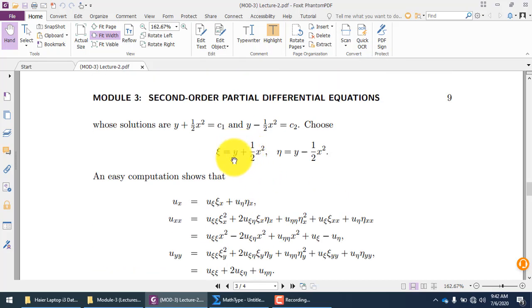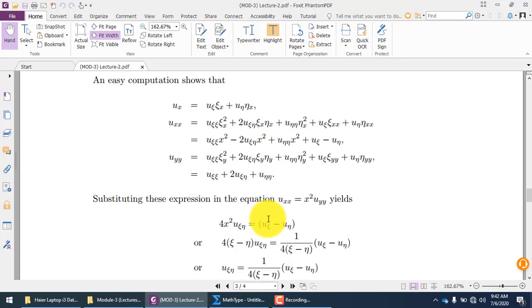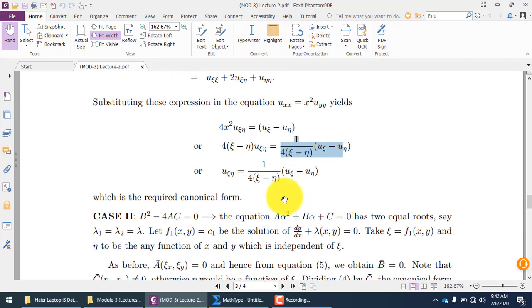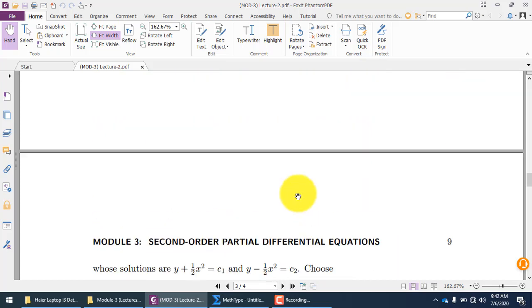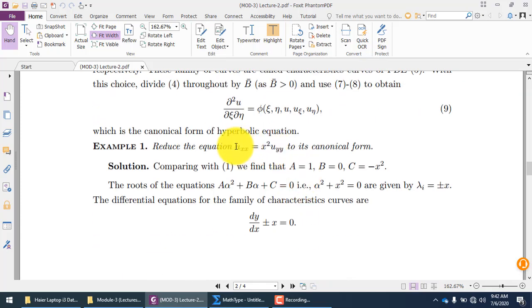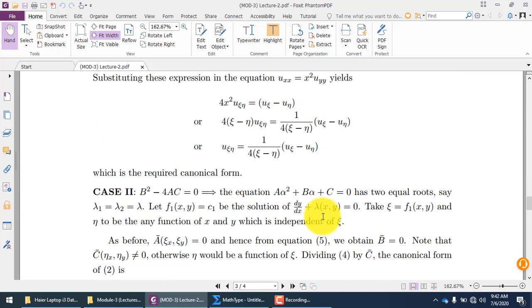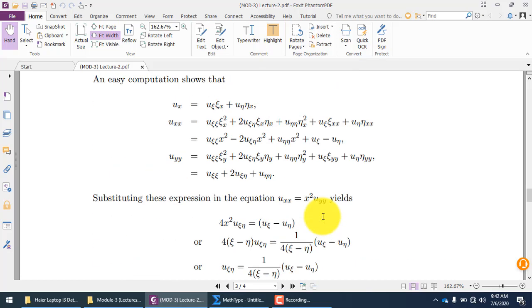So you have to calculate the value of x. You can add xi and eta or subtract xi and eta. You will see that you get the value of x here as xi minus eta. So this xi minus eta has the value x here, u xi eta will be there, and when you put the values you will get the answer like that. So this is the suitable canonical form or standard form of your partial differential equation which was given there. This was the procedure, and I roughly explained the example to you. I hope you understand the whole methodology for the hyperbolic case.